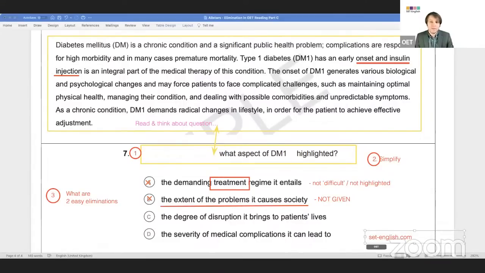Get some practice on elimination. We always talk about elimination in our classes, so maybe you need to just improve your elimination techniques, okay? And also maybe vocabulary as well, okay? But the final point, guys, is